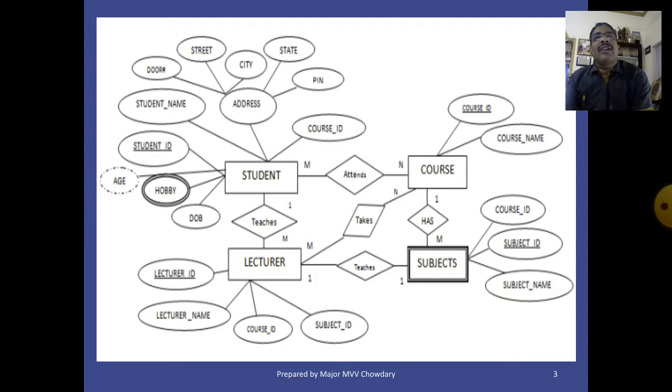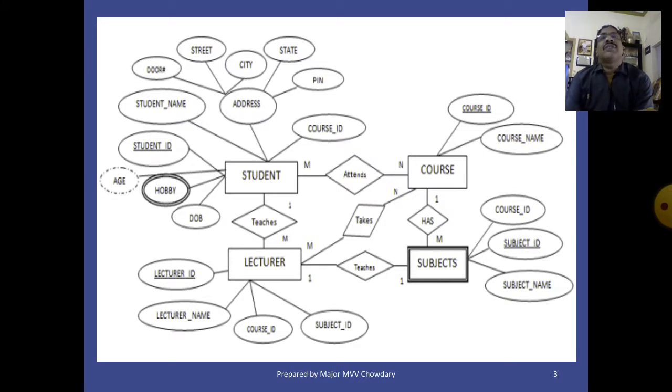In ER diagram, entity can be represented in rectangles. We convert that ER diagram into tables. These entities are represented in terms of name of the relation in relational databases.